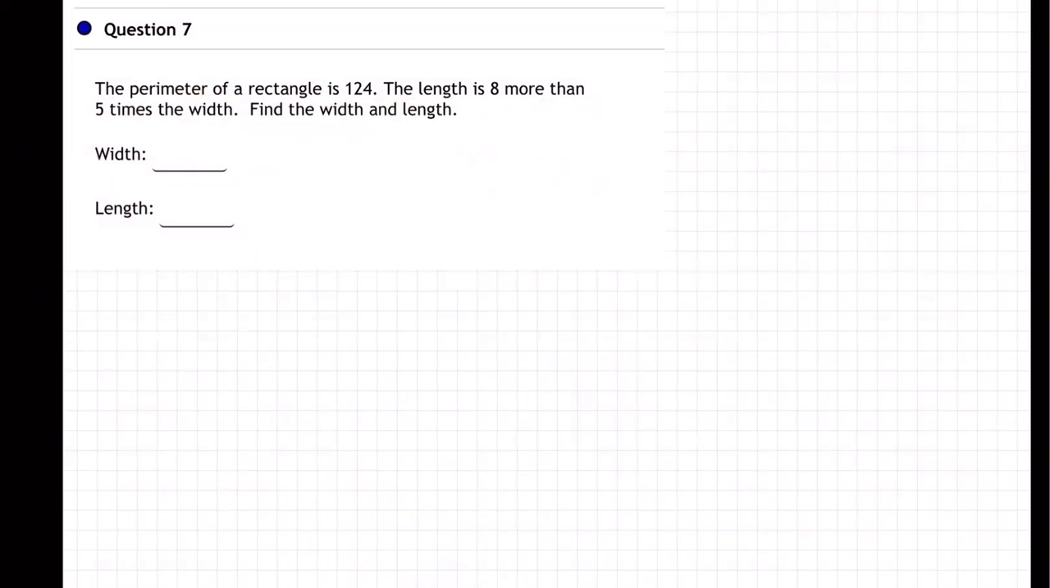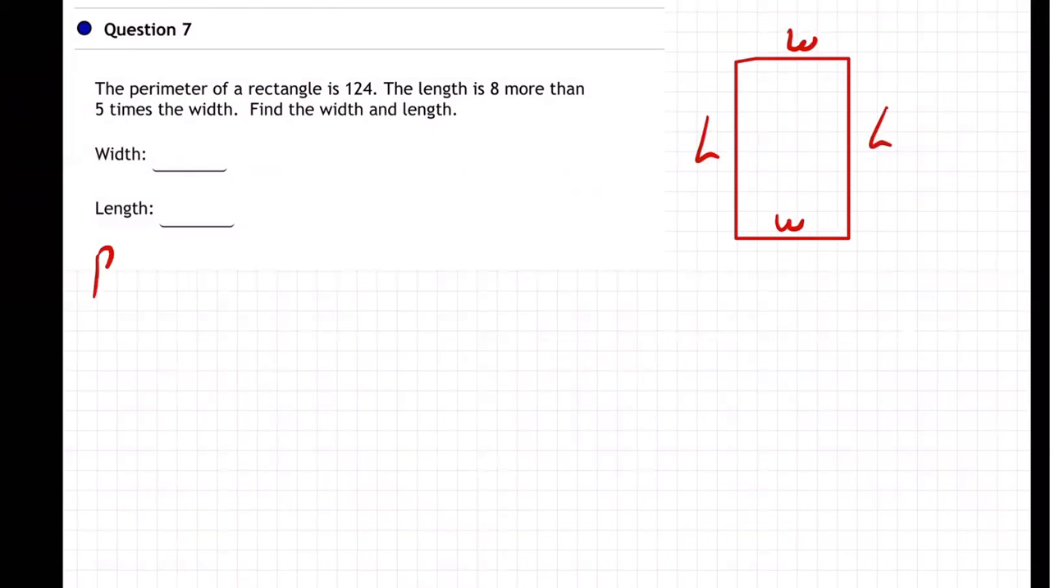So let me draw a rectangle over here for us. I didn't do that so well. Let me try that again. Okay, there we go. So we have width, length. We've got a rectangle. So what is the perimeter